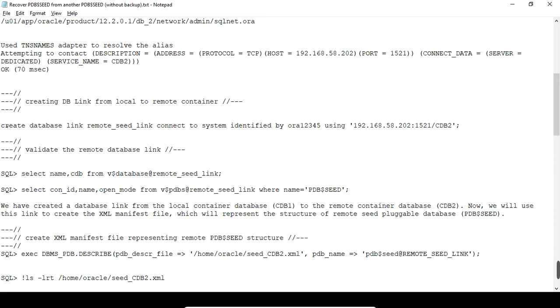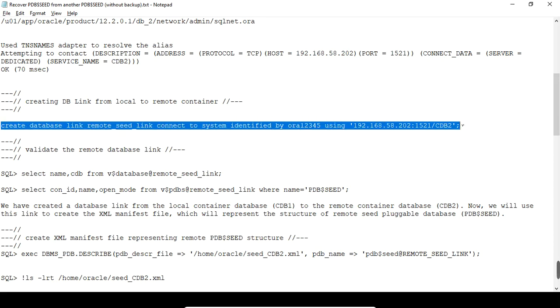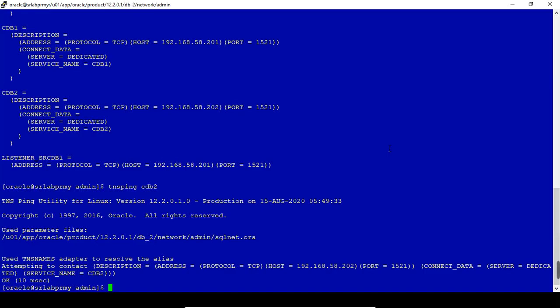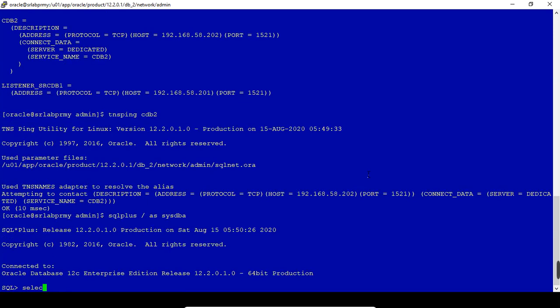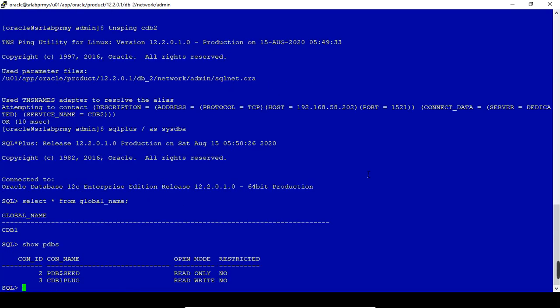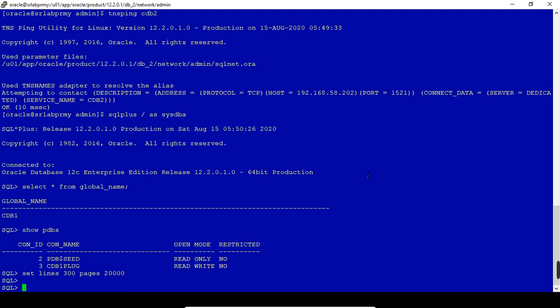This is the local DB, and here the PDB$SEED is there.